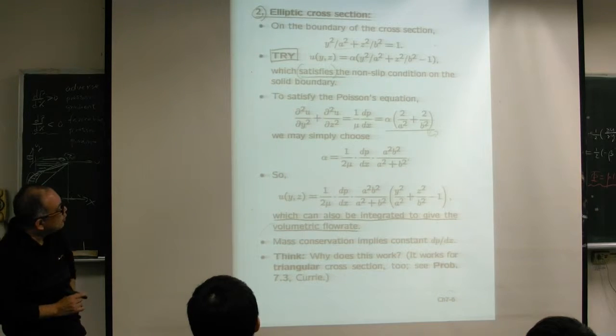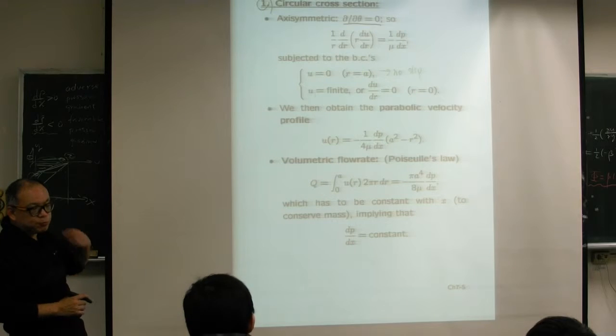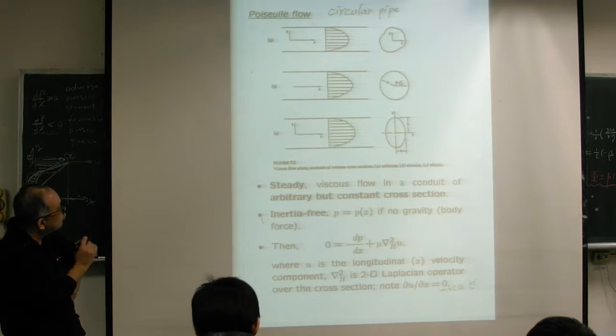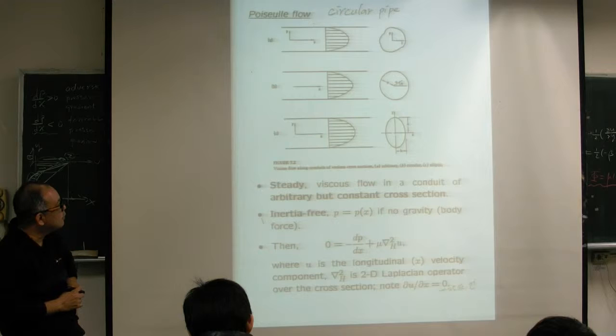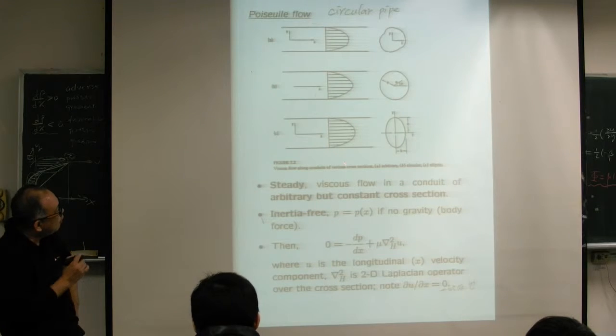So that will be the Poiseuille flow for the circular cross section. We know that before, right? In the undergraduate course, we teach how the velocity distribution in a pipe looks. The next, we would like to know what happens if the cross